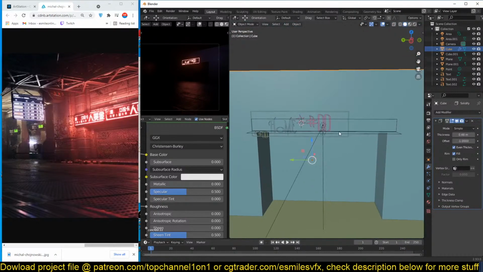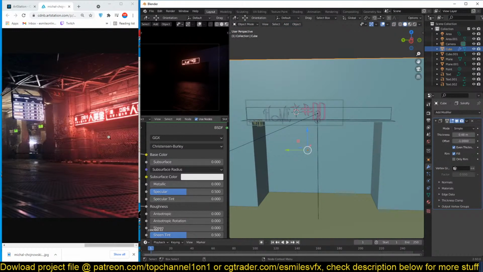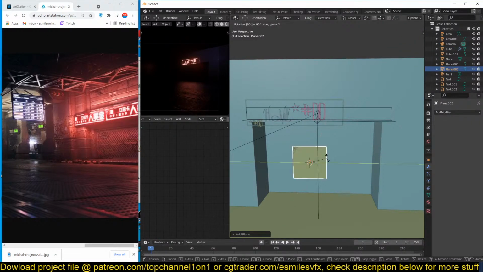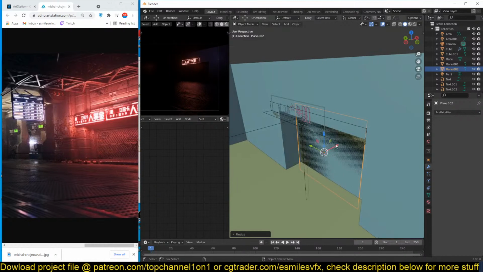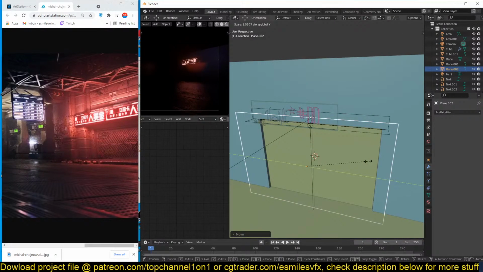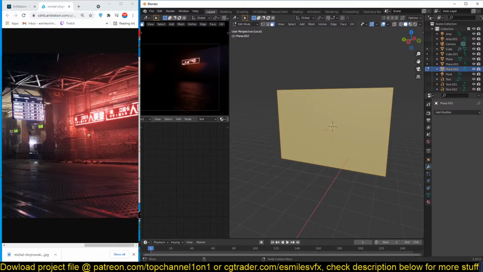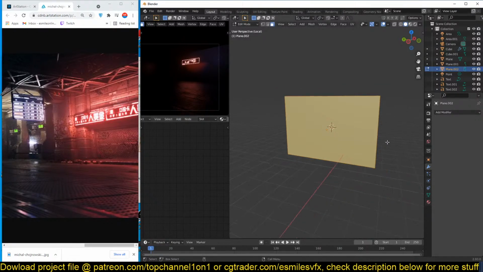Anyway, so to add a few details here, if I wanted to create this cage, all I have to do is add a plane, rotate it on the y-axis, scale it up, and maybe do something like this. And let me isolate this for a second. So to add in these lines, I can do something like add a few